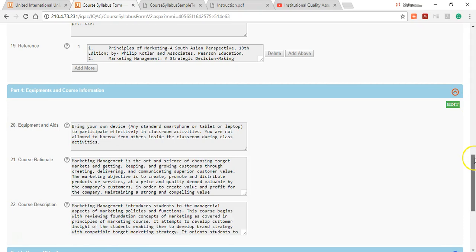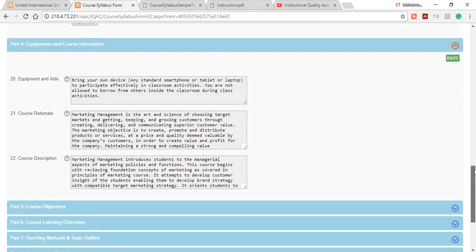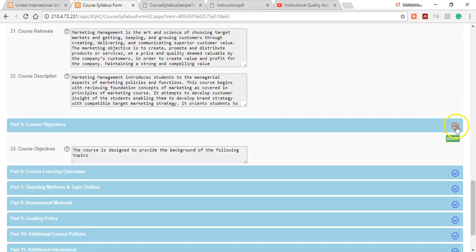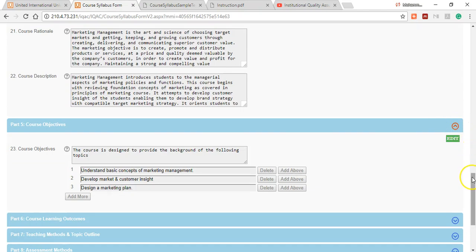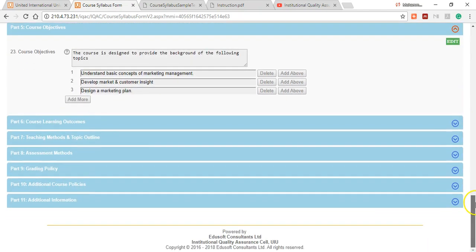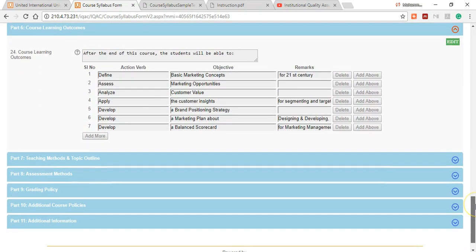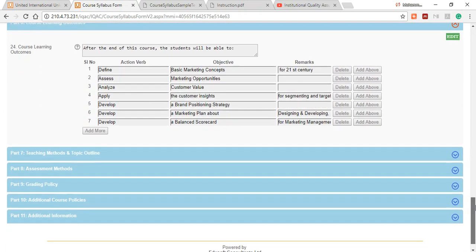that all standard procedures, for teaching and teaching materials and other things that we are planning to take, are written there. And also we see the course rationale and the course descriptions. Then course objectives, which is the teacher's perspective about the outcome of this course. But then we also have students' side statements about what they are going to get from this course as an